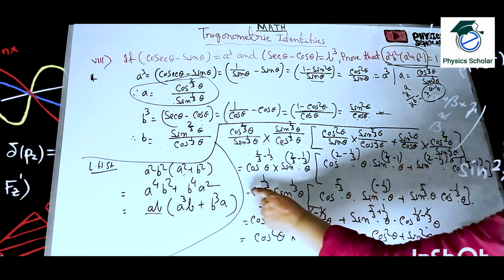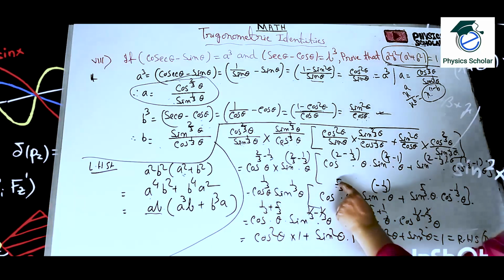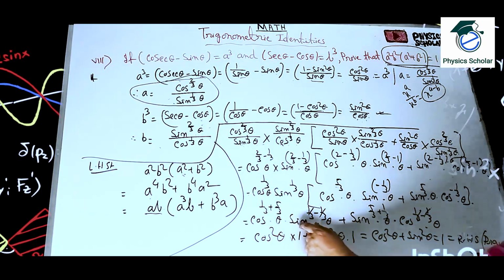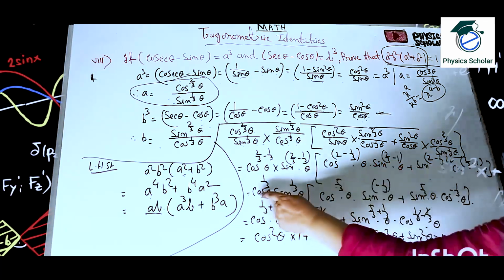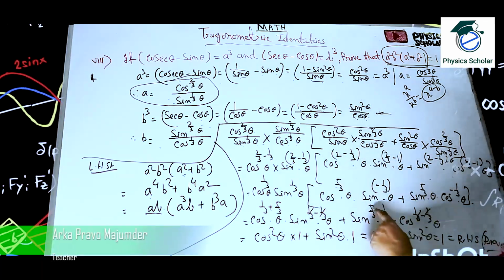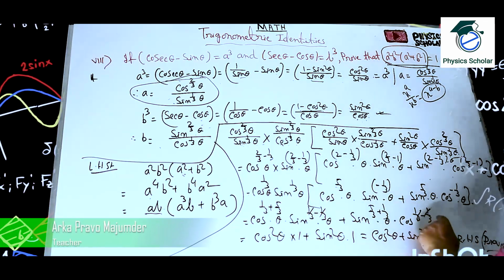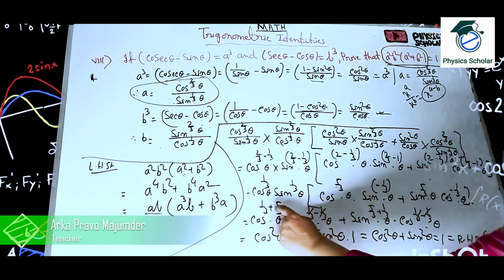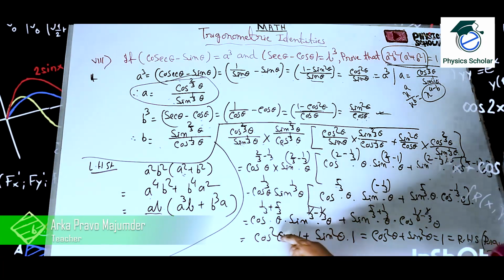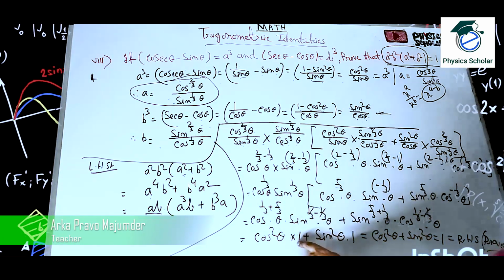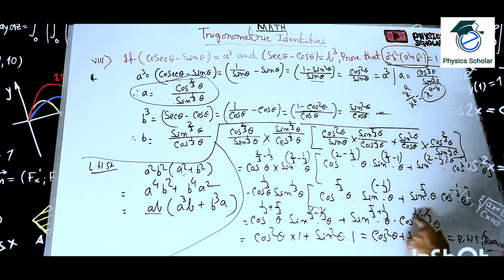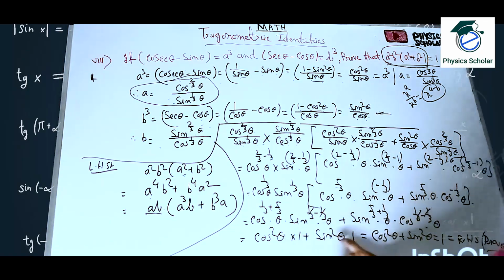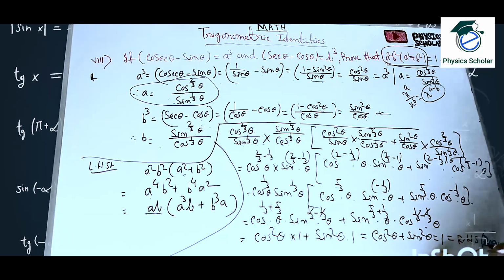Okay. So cos to the power 1 by 3 plus 5 by 3 into sin to the power 1 by 3 minus 1 by 3. Clear? Plus this and this means sin to the power 5 by 3 plus 1 by 3 into cos to the power 1 by 3 minus 1 by 3. So this will be 6 by 3, that means cos square theta. Clear? Into sin to the power 0 means 1, plus sin to the power 6 by 3 means sin square theta into cos to the power 0 means 1. Okay. So sin square theta plus cos square theta is equal to 1, which is equal to RHS.